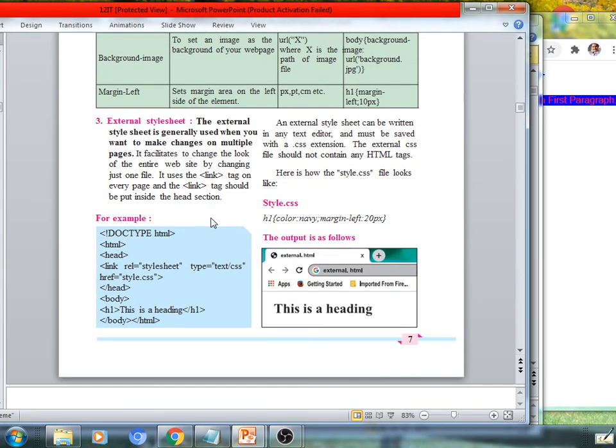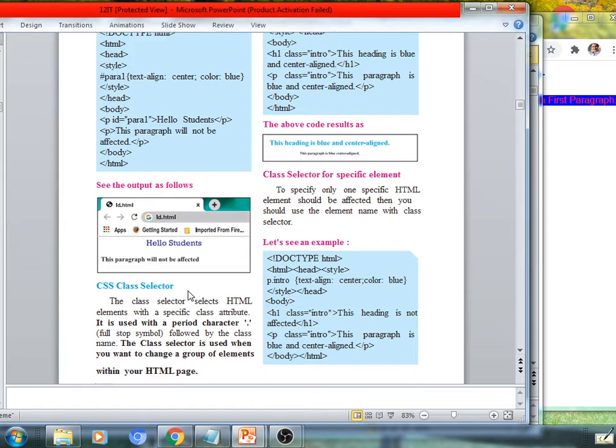See here, class selector, CSS class selector. A class selector selects HTML elements with a specific class attribute. That is, here we have chosen id equal to some name in the ID selector. In the same way here, class equal to some name is nothing but what? It's a selector's name. One can apply it, no doubt, and such an effect through properties and their respective values we have designed here will be applicable.